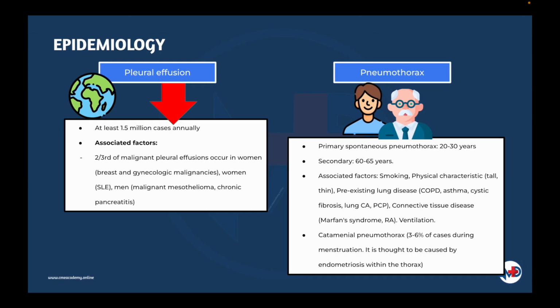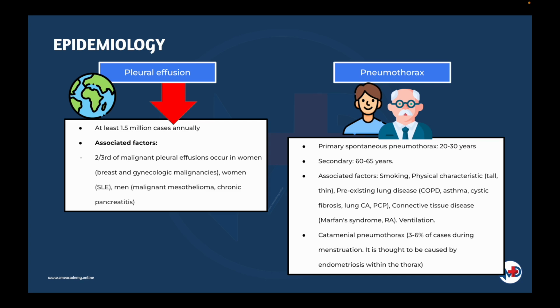Let's begin with understanding the epidemiology of these two presentations. So for pleural effusion, at least 1.5 million cases happen annually, and this condition is generally associated with malignancies as well as heart failure. In terms of malignancies, we can see 2/3 of malignant pleural effusions occurring in women, and the conditions are secondary to breast and gynecological malignancies. Also not forgetting SLE, which usually occurs in women, and for men, chronic pancreatitis or